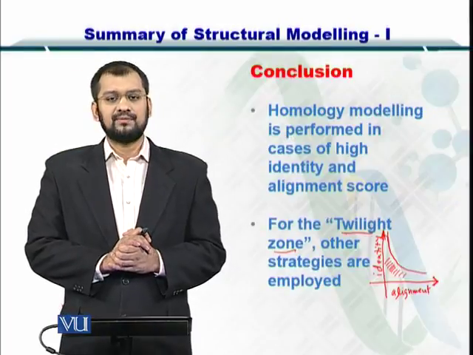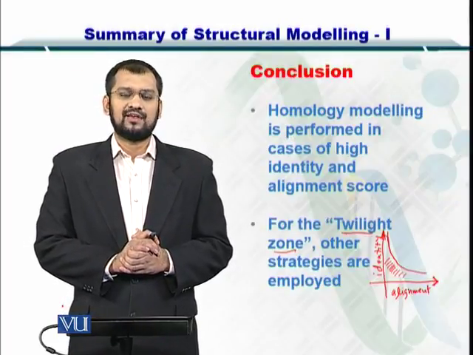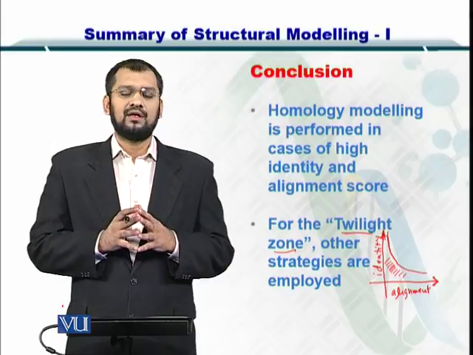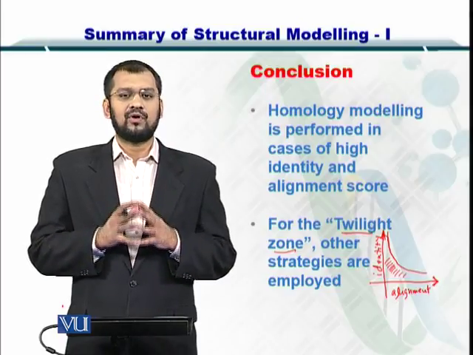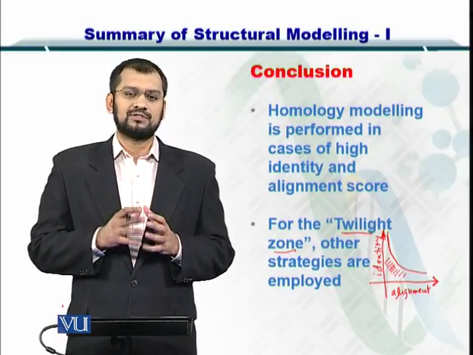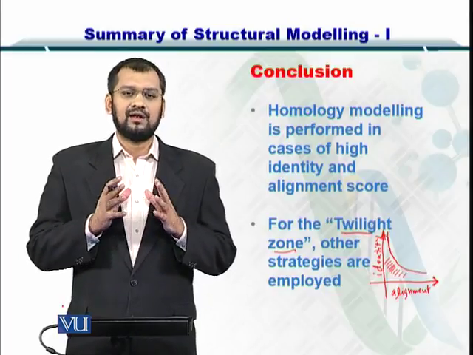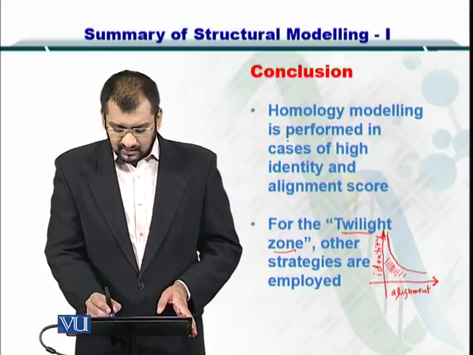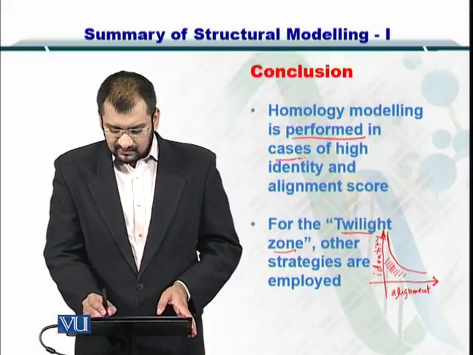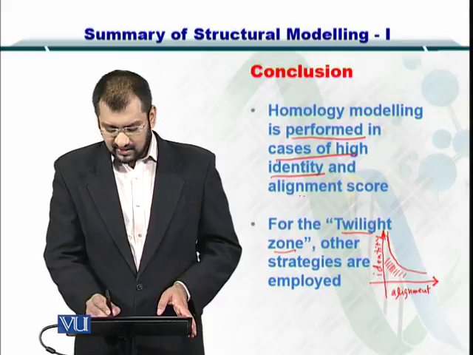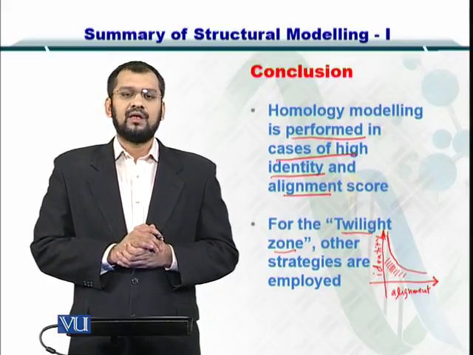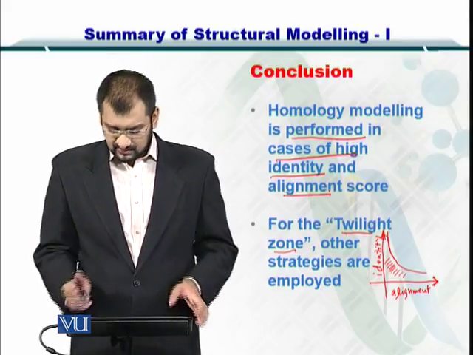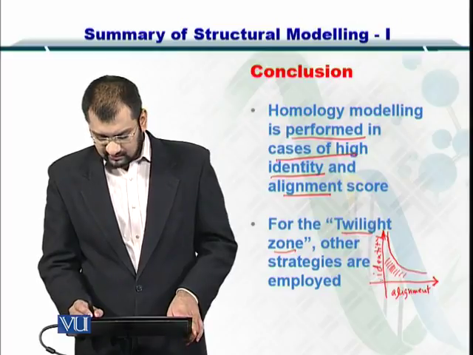So in conclusion, homology modeling had 7 steps, and it was one of the most important strategies for predicting structures of protein and the protein sequences. So it is only performed in cases where you have a high identity and alignment. That means that if you were to plot, as you can see here in this small graph,